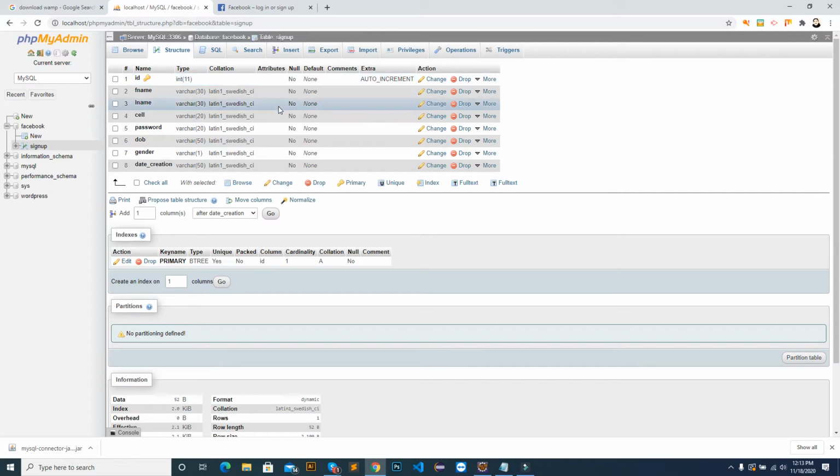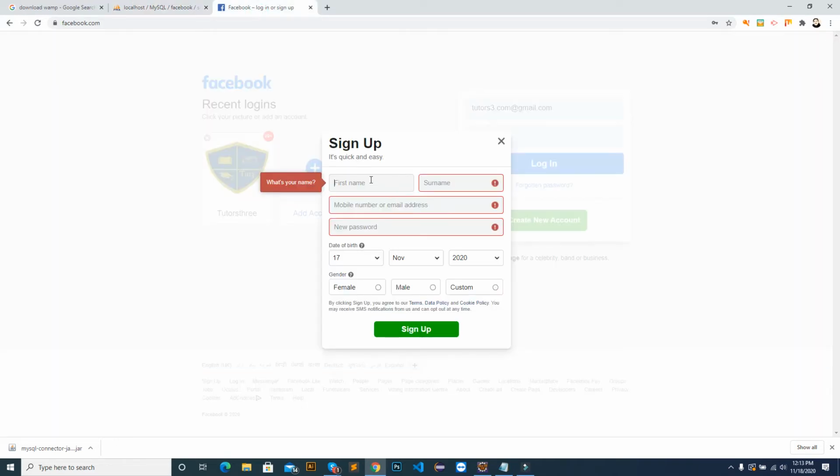So this is how we insert the record. But we want to see how we can insert the record using a form. For example, if you go here and sign up and press sign up, if everything is okay, then you can see your record has been inserted into the Facebook database, into the Facebook website, right? How? This information will be inserted into the database using a database query. That query is insert into.